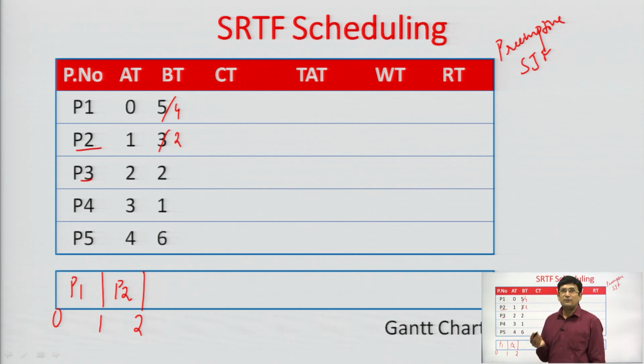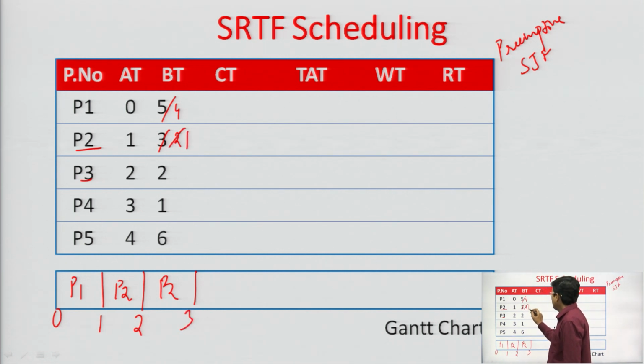Now, there is a conflict whether we should allocate the CPU to the P2 process or to the P3 process. So, whenever a conflict arises, we take the help of the FCFS scheme. Since the P2 process has arrived first, we will give preference to P2 for the execution. So, P2 continues its execution for 1 more unit of time, then the